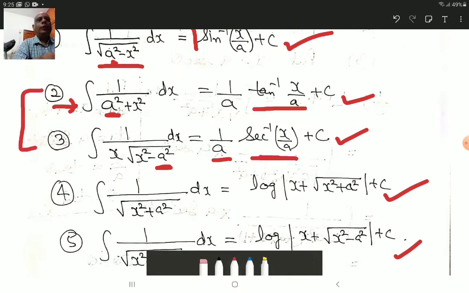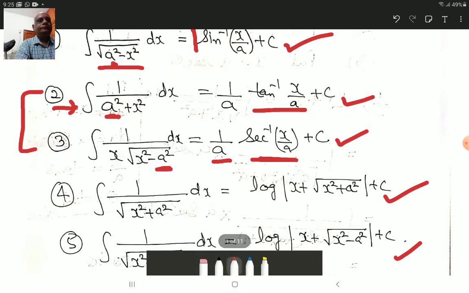Now come to formula number 4. What trigonometric substitution is possible here? We will have to put either x is equal to a sin theta, a cos theta, or a tan theta. Which one is appropriate? You see, a square sin square theta plus a square. If you take a square common, then inside the bracket sin square theta plus 1 is left, which doesn't have any minimum value. I mean to say that it can't be further contracted. So the best substitution is to put x is equal to a tan theta.